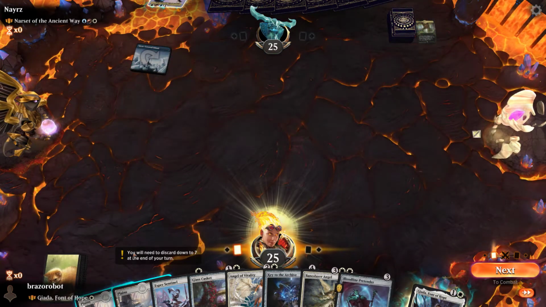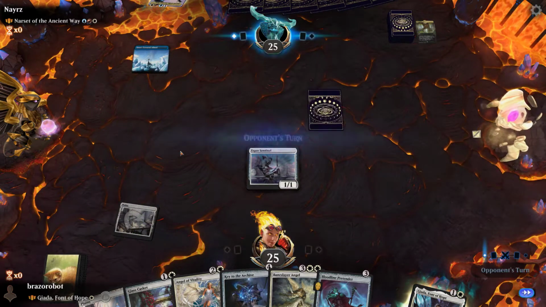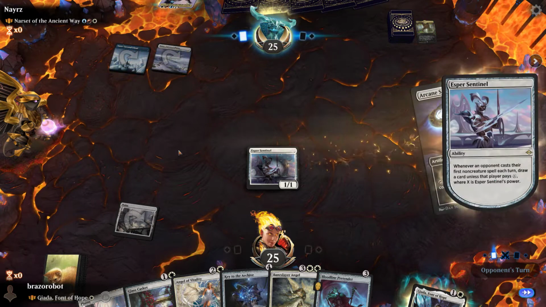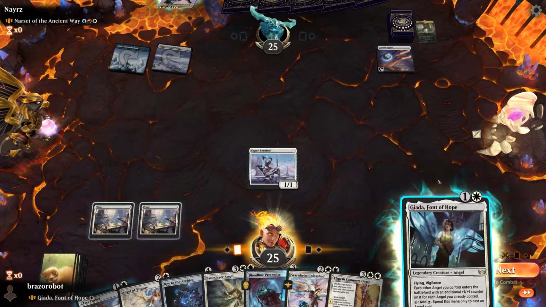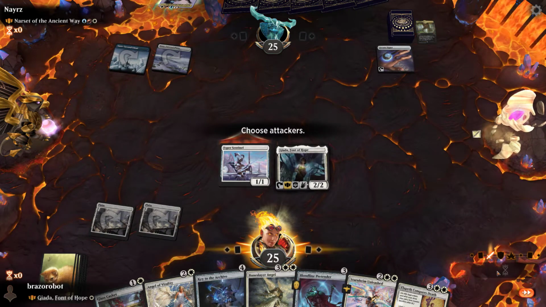Places no cover island, we play a plains and an Esper Sentinel that hopefully is going to start to draw us a card. And opponent with the Arcane Signet, they have to make a draw. Still not drawing a land. Still not drawing lands. And now we can play Giada and hope to draw a land